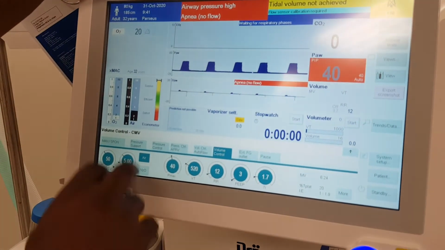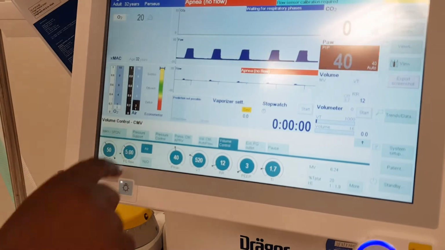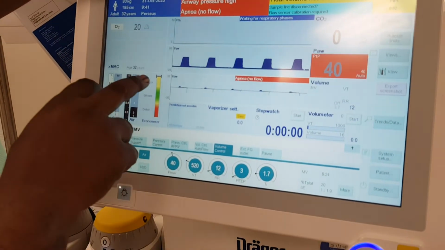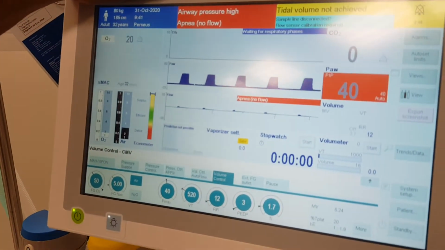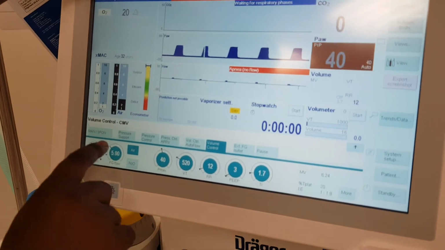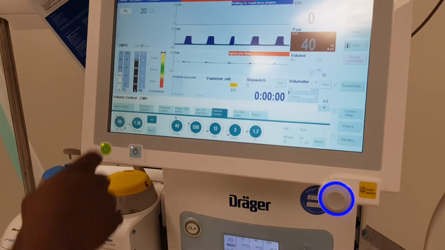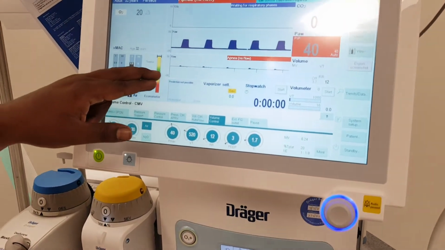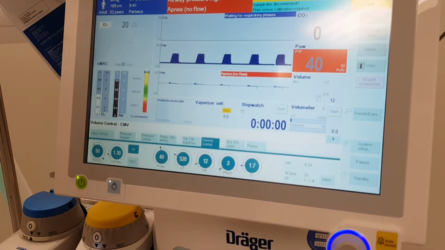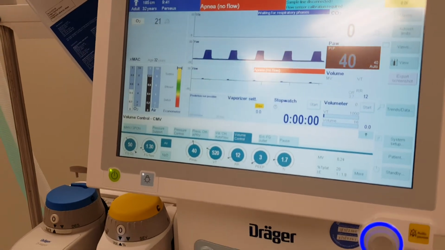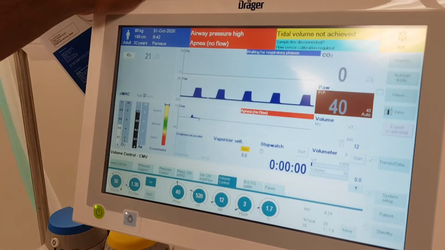This flowmeter will show whether sufficient gas is going to the patient or not. If this knob is at surplus, then the patient is taking more gases than required, so we can reduce the flow so that it comes to sufficient. If this knob has gone to deficient, then the patient is not getting sufficient oxygen. So by seeing this we can control our gases.